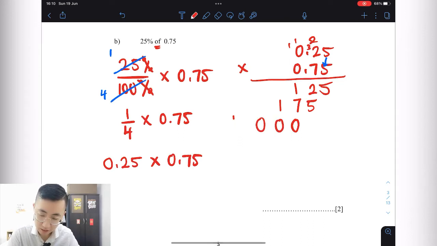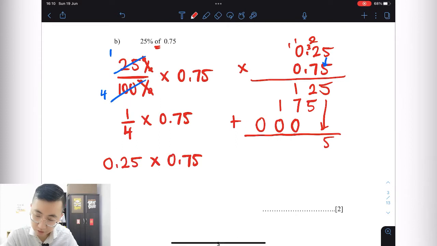Now, you need to plus everything together. So bring down the 5. 2 plus 5, there will be 7. 1 plus 7, there will be 8. 1, finally writing 0. Okay, so one thing that you have to know over here is that 2 decimal place